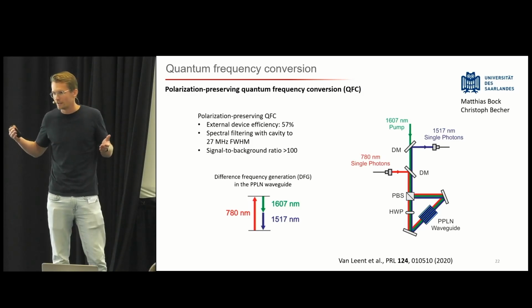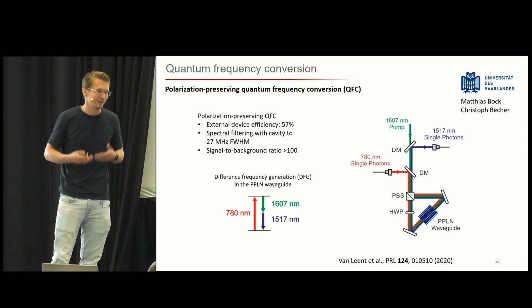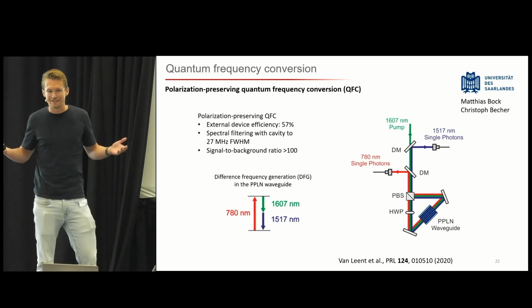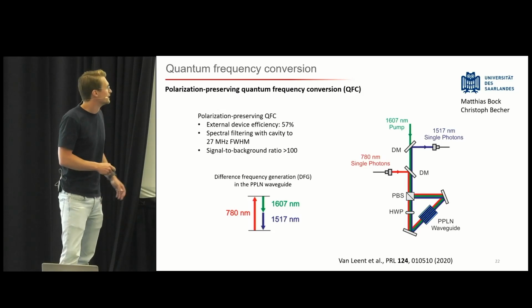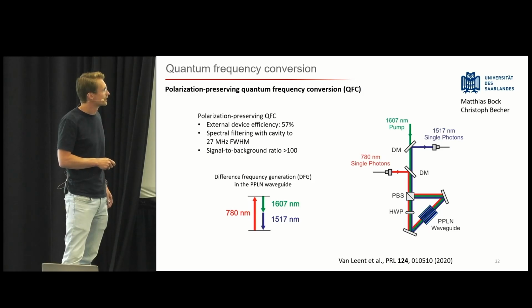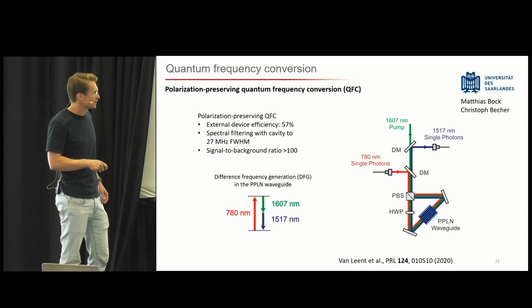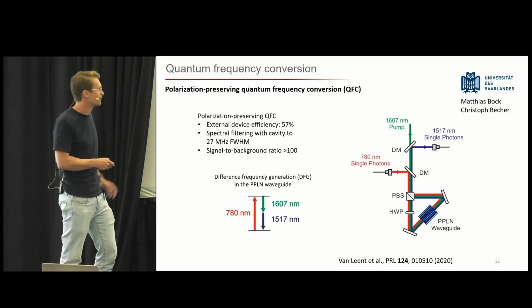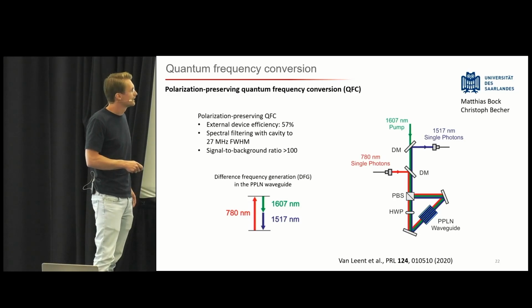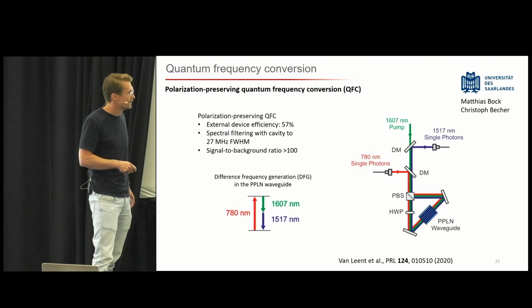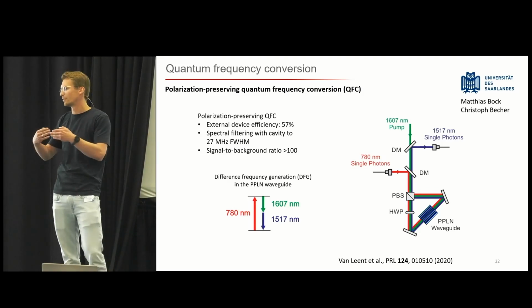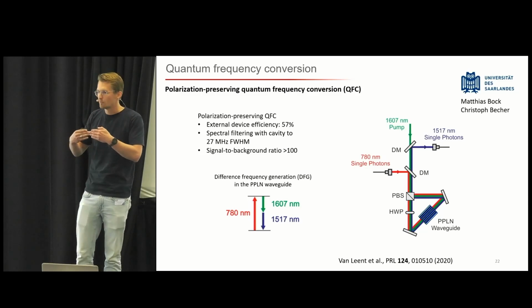And this is a problem because our state is encoded in the polarization of a photon. So what we did is put the PPLN waveguide in this Sagnac interferometer by placing here also a PBS and a half-wave plate. Now we split our two arms, let's say horizontally and vertically polarized light, but then we rotate one of the two arms such that in the PPLN waveguide we have two counter-propagating beams, however with the same polarization.